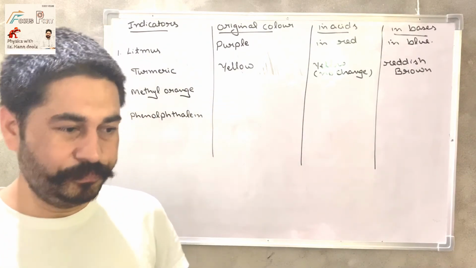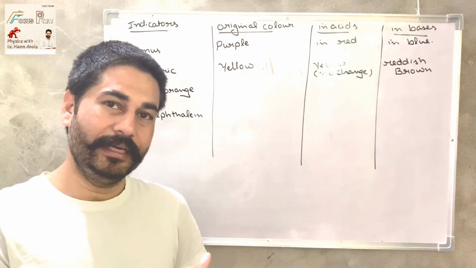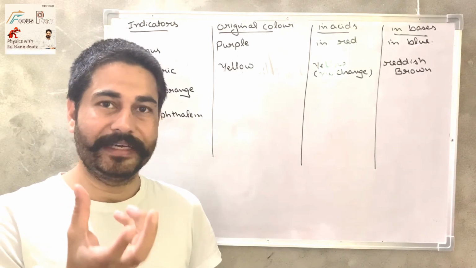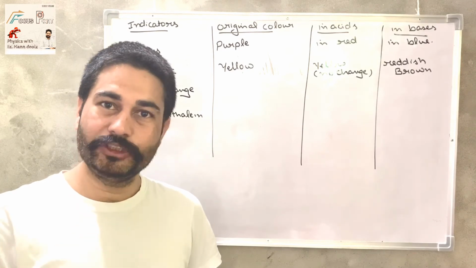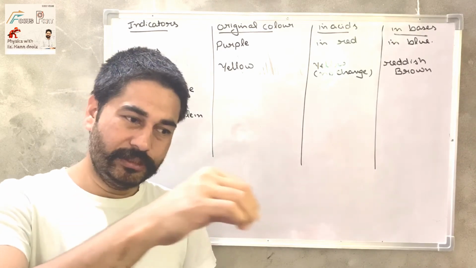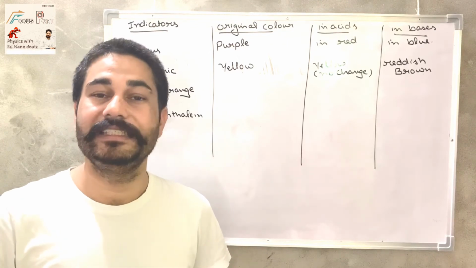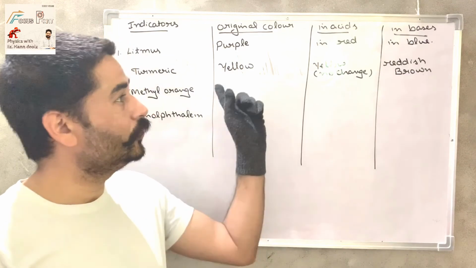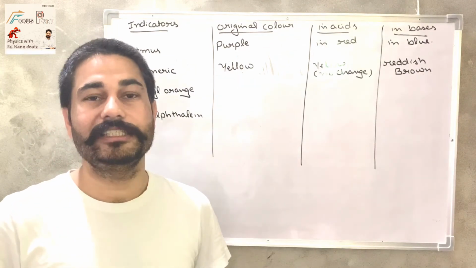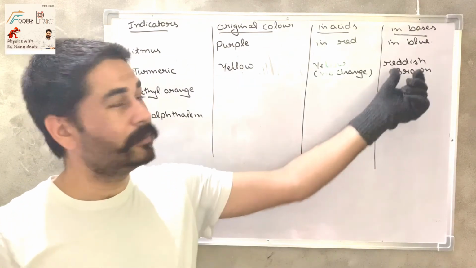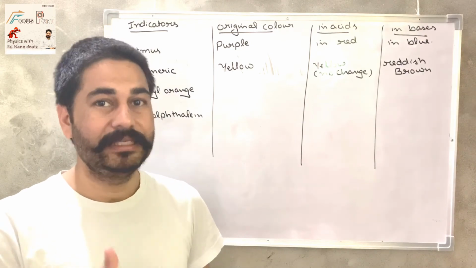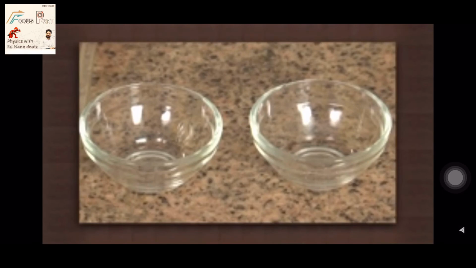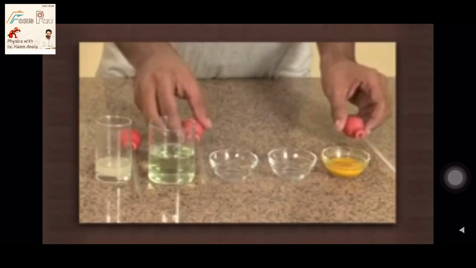You can also understand by doing an activity. What you have to do? Put some water on the soap in your washroom, means make the soap a little bit wet. Now take a pinch of turmeric and put it over the soap. You will see that after a few minutes, the color of the turmeric will change from yellow to reddish brown. This is due to the presence of the base in the soap.